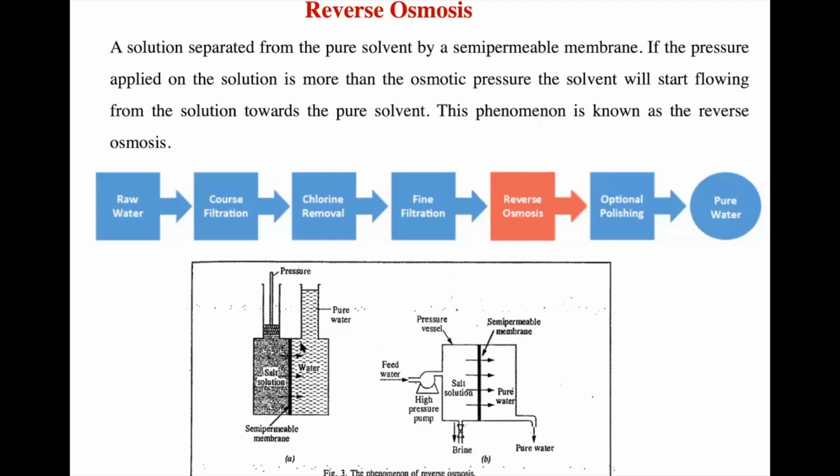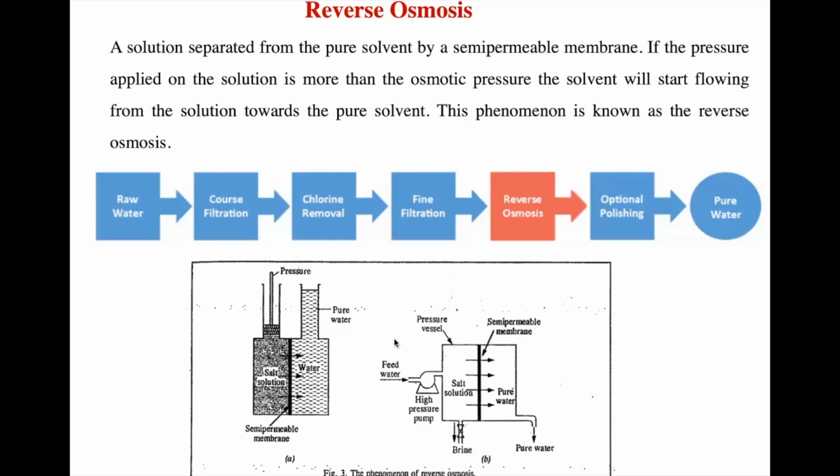Let's understand this in the diagram. In this diagram, you can see that these are the two chambers. For example, if you want to get drinking water from a salt solution, how will you get it? If you apply extra pressure on chamber A, then the solution of this chamber will travel via a semi-permeable membrane, and you will get pure water. The only difference is that in reverse osmosis you have to apply extra pressure. However, in the case of osmosis, the extra pressure develops at equilibrium. So in reverse osmosis, you have to apply the extra pressure.